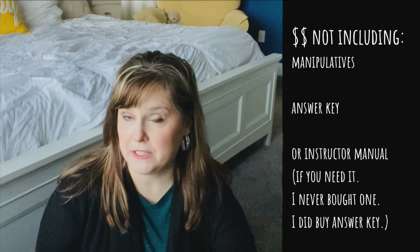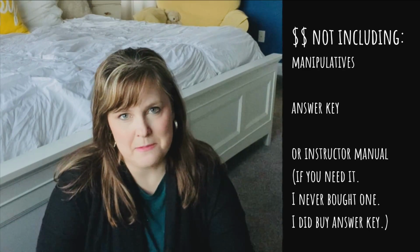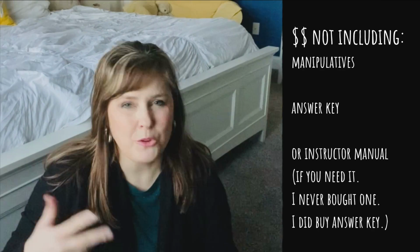Not counting the math manipulatives, but math manipulatives, in my opinion, you can buy the fancy manipulatives or you can just get buttons, right? You can make your own manipulatives, but manipulatives are for the hands. The idea behind Singapore is it's teaching the children to think mathematically. So it's not just teaching them to memorize certain math formulas or concepts or whatever. It's teaching them how to think through a problem, not just what to think, which is kind of what I tend to go towards also in any curriculum that I'm going to